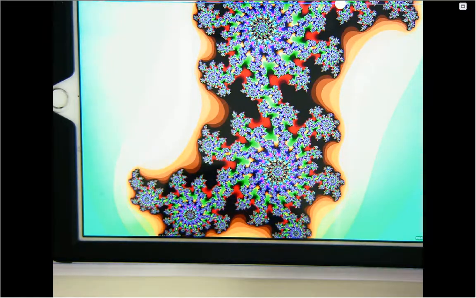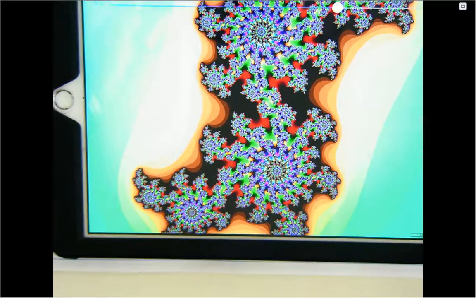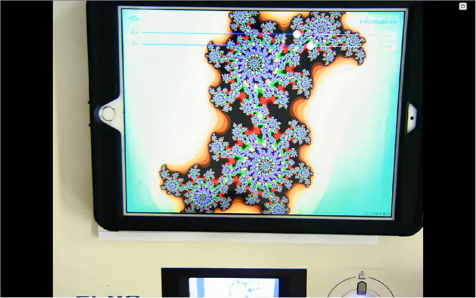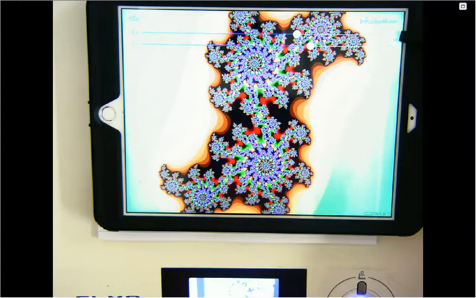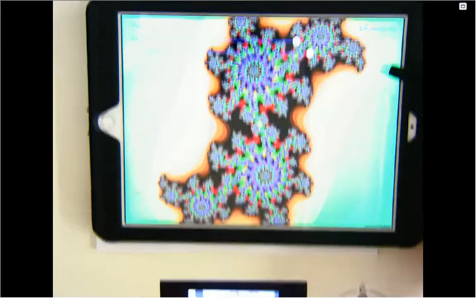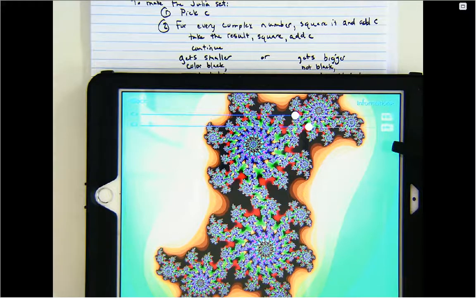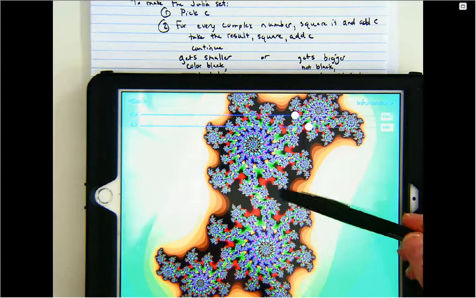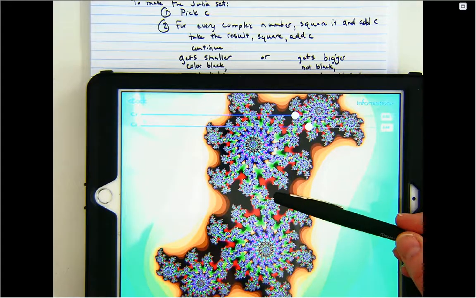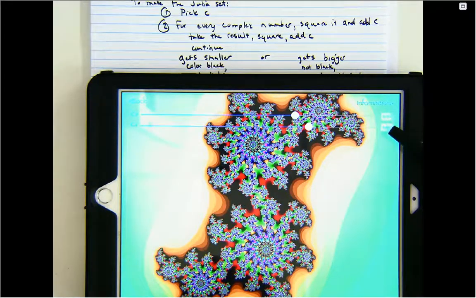So here's an image of one of the Julia sets. You're able to enter in the numbers here for your Julia set. So this one is at 0.32 plus 0.44i. I don't know if that's showing up very well. There, it shows a little better. 0.33 plus 0.44i. So these black points are included in the Julia set that goes with 0.33 plus 0.44i, because